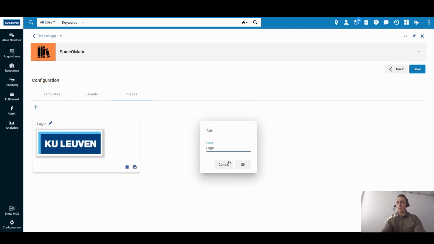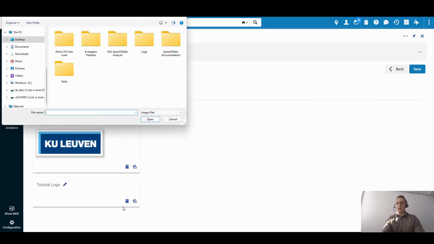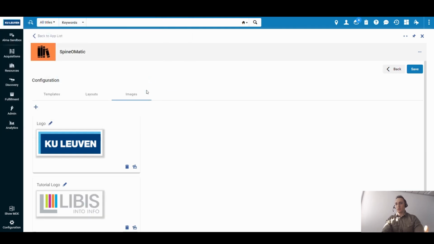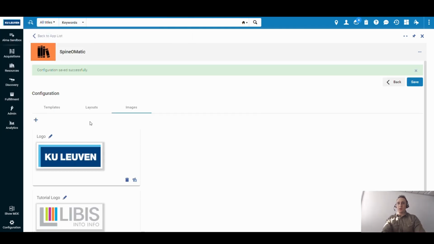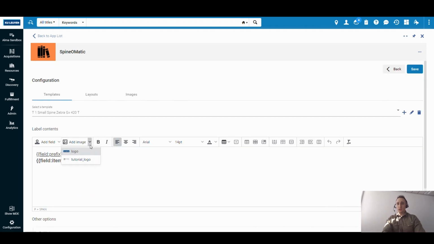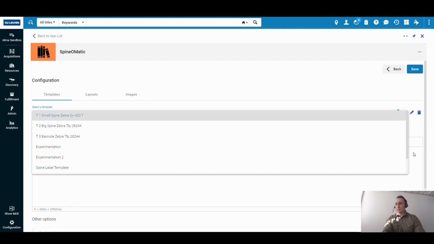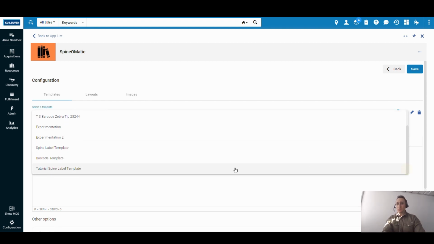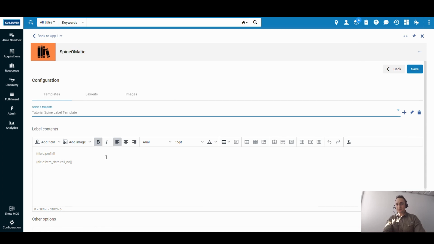Logo, tutorial logo. Okay, then you have to choose from the directory of your computer, and then you have a logo. You just click save, and then you can use an image in your template. But of course we don't want this now, so let's just go back to our tutorial spine label template.